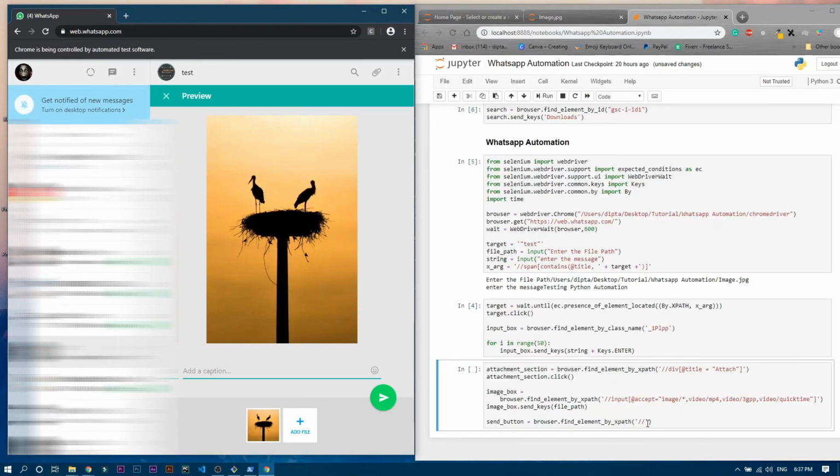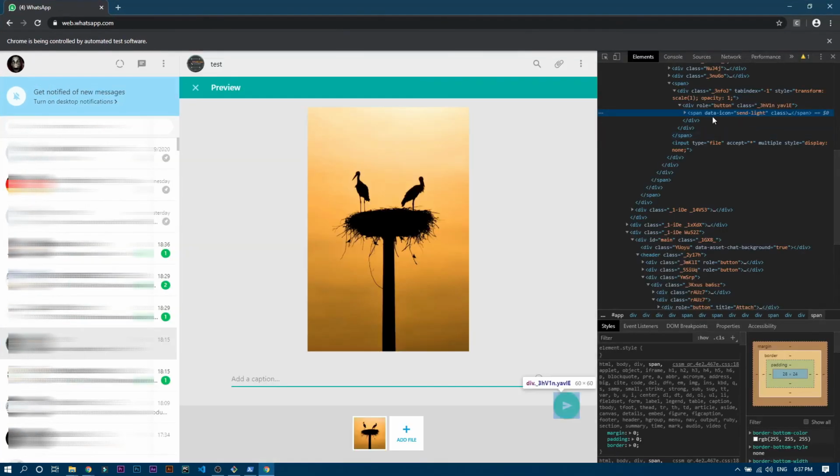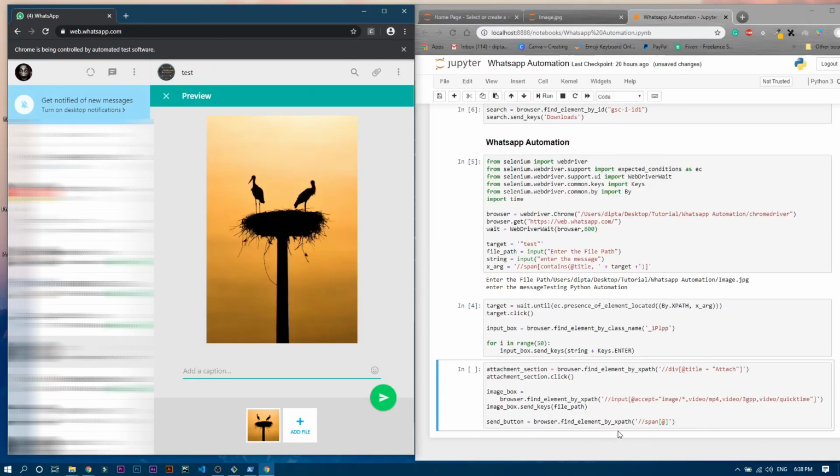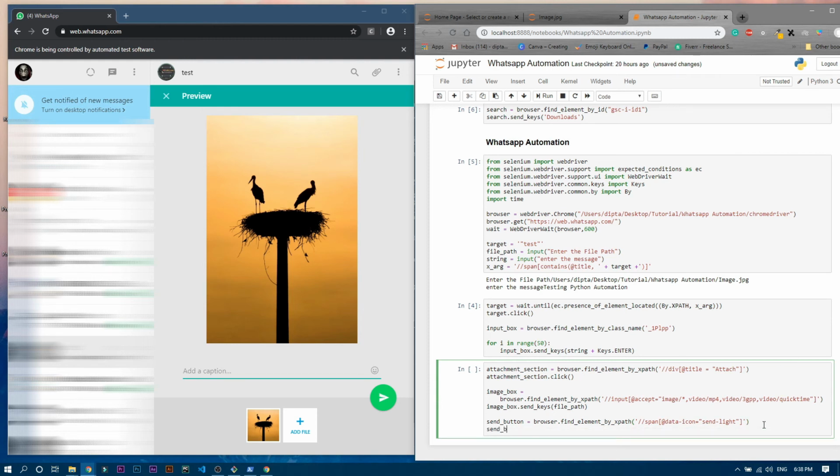So we have to write over here span, like we already did, and that will be, I guess, a data type. I'll just copy it from here, the whole thing, and paste it over here. Great. And now we have to click on this option to send the picture, so we write send_button.click.